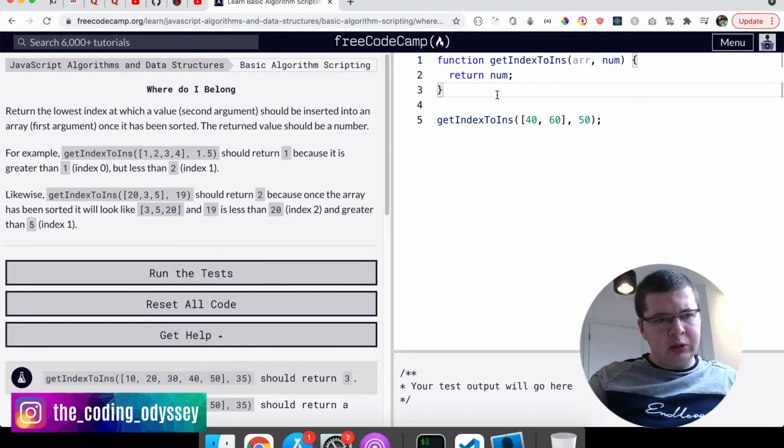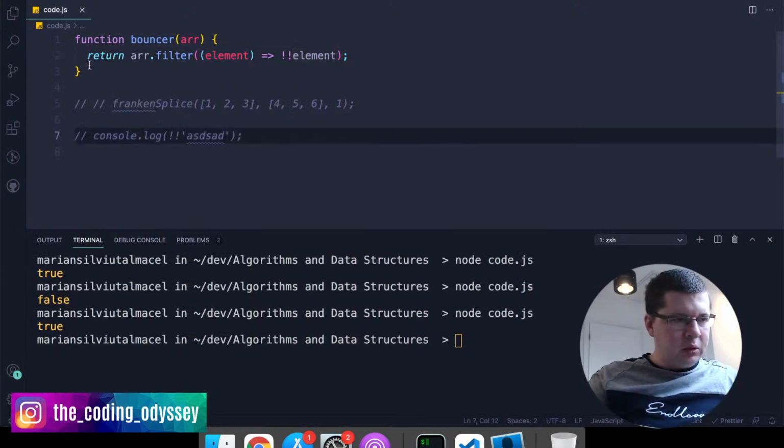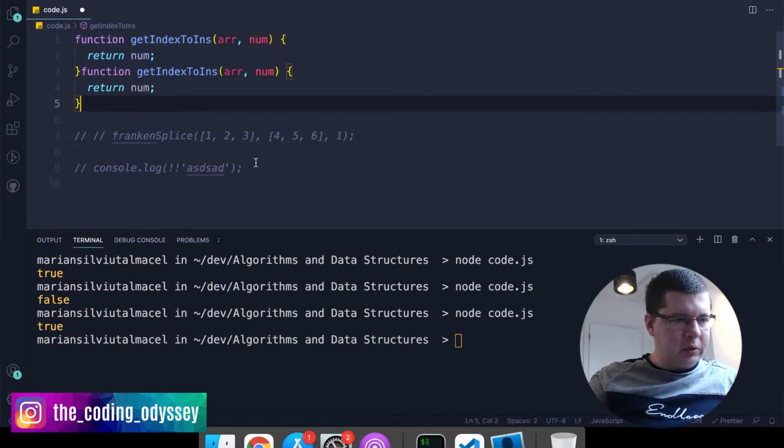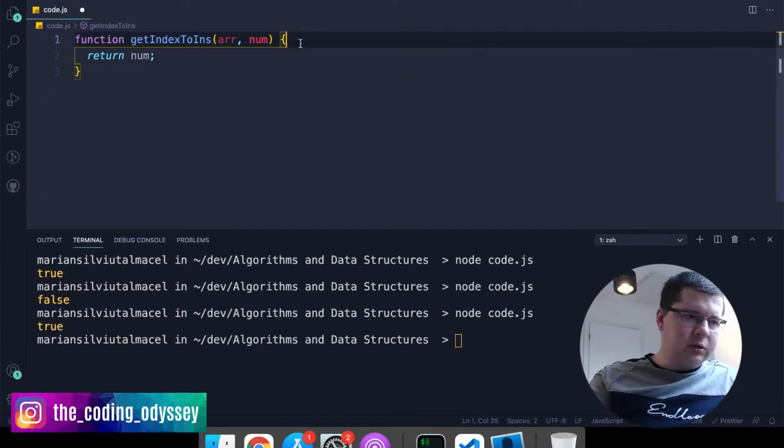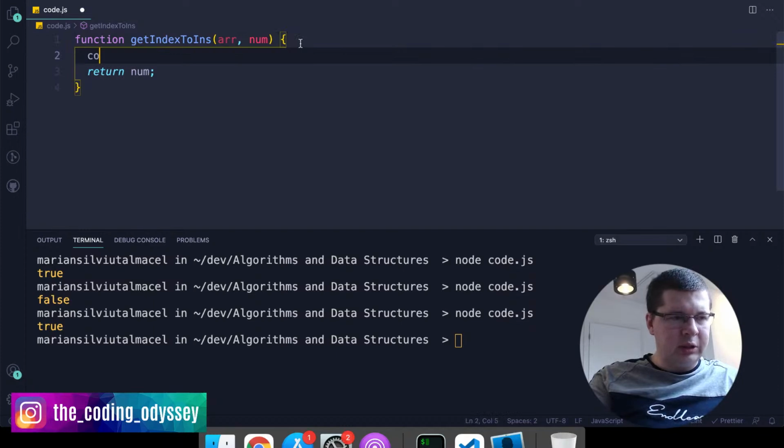And I think this one should be a pretty easy one, because what we can do is, I'll copy this function, and the way we'll approach it is we're going to sort the array first, right? So we will say const sorted equals array sort,